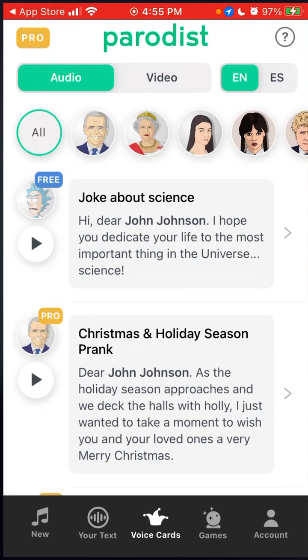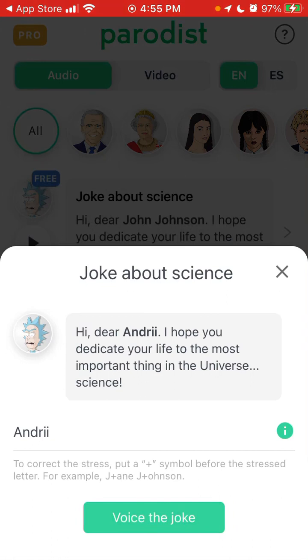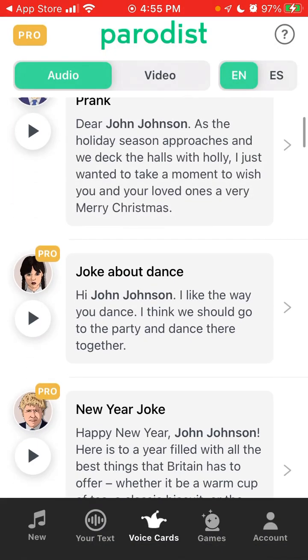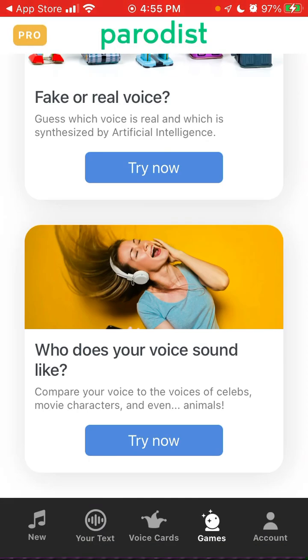You just open up the app and start using it. Then if you want to change the name, you just change it right here. So that's basically what you can do. Unfortunately, there is not much more to explore in the free version here. You will just need to upgrade in the app. So that's what it is at this moment.